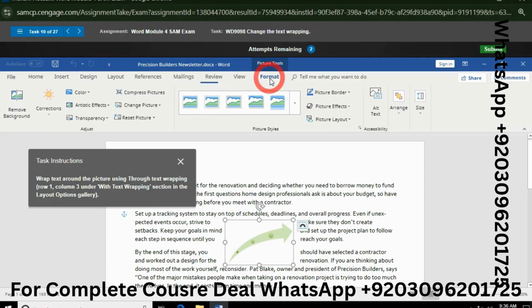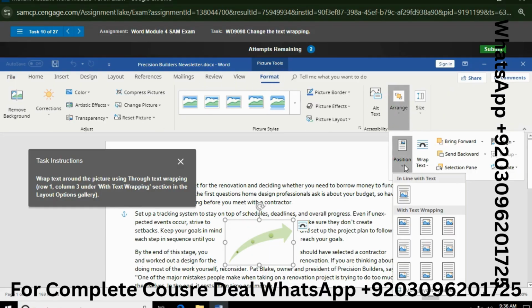So go to format, arrange, position. First row, column third. Through text wrapping row 1 column 3.